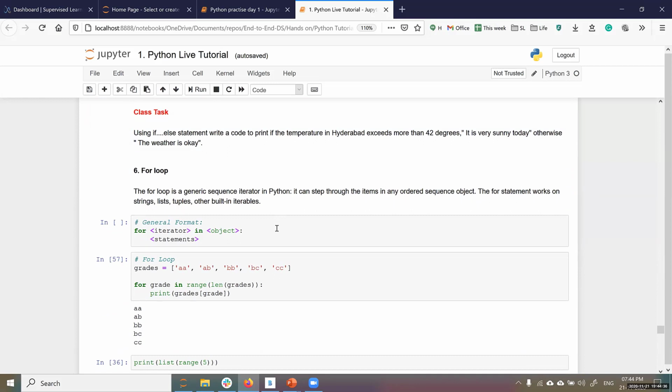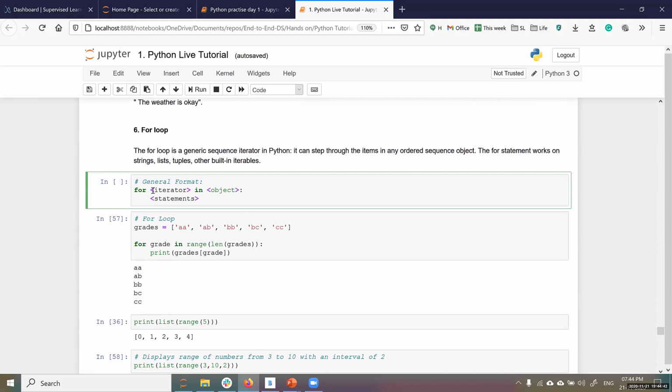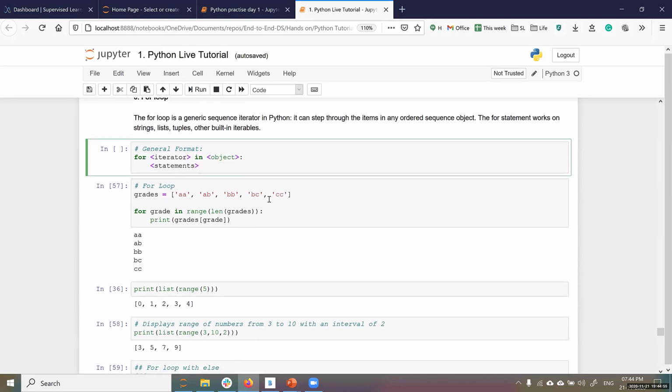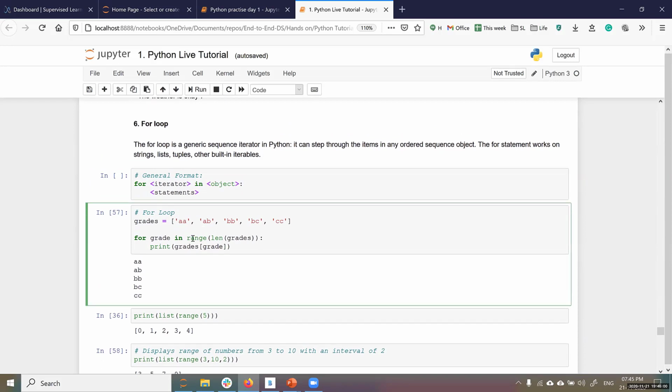And similarly, for loop. Without studying for loop, we have used it several times so far, but we'll study the general format. For, you have an iterator, and then you have an object, and then you can write a statement here. In the for loop, generally to create an object you use a function called range.